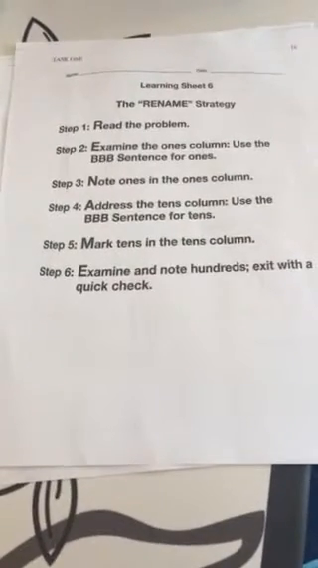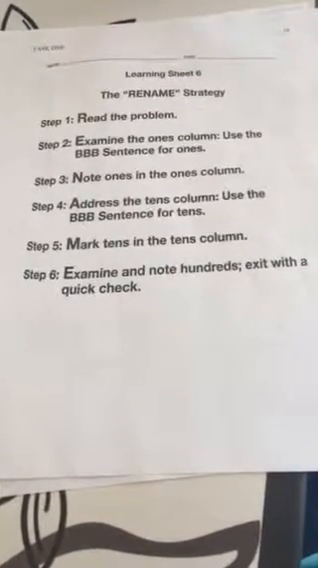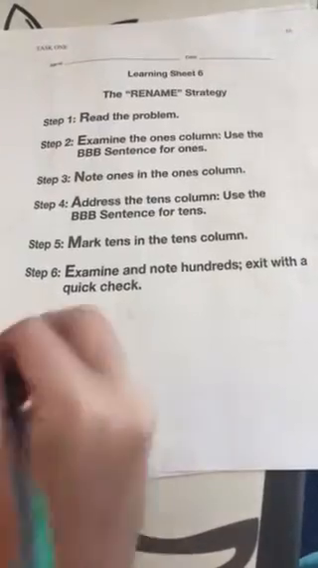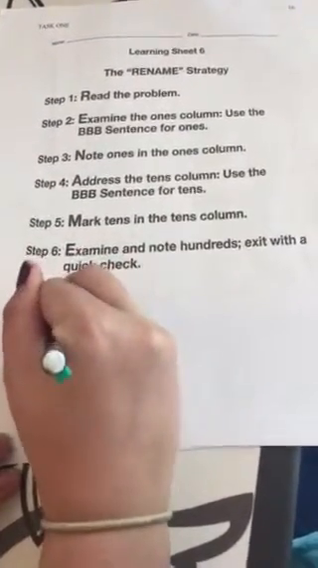Okay class, I am passing around Learning Sheet 10, Part 1, and I want you to get your RENAME strategy sheet. I will demonstrate one example for you. Let's look at number 1. R reminds us to read the problem first. It says 407 minus